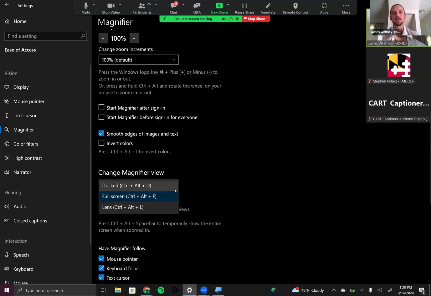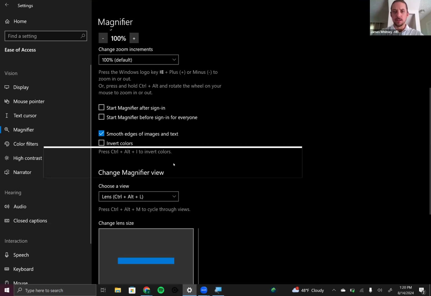So we have a few different ways to view a magnifier on the ease of access settings. You have a docked magnifier, a full screen magnifier, and a lens magnifier. Let's go through what all those look like. We'll start with lens. The lens actually puts a lens,